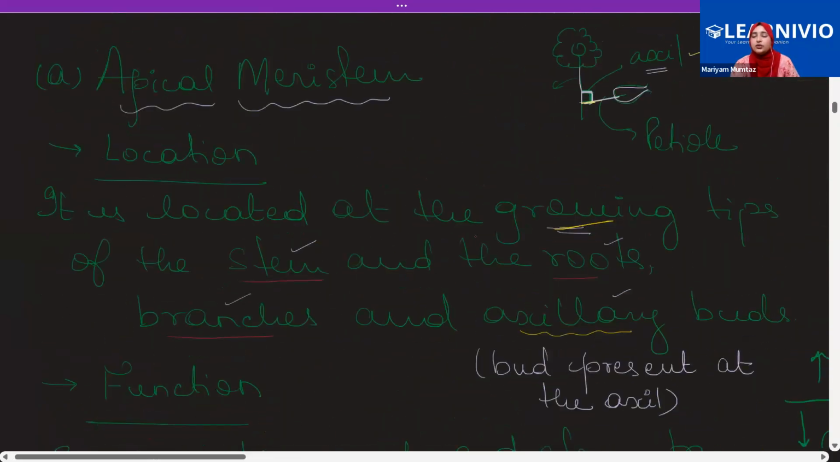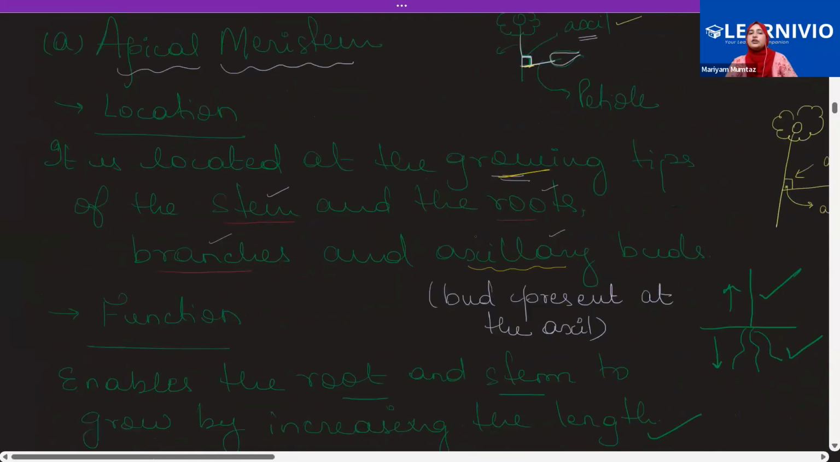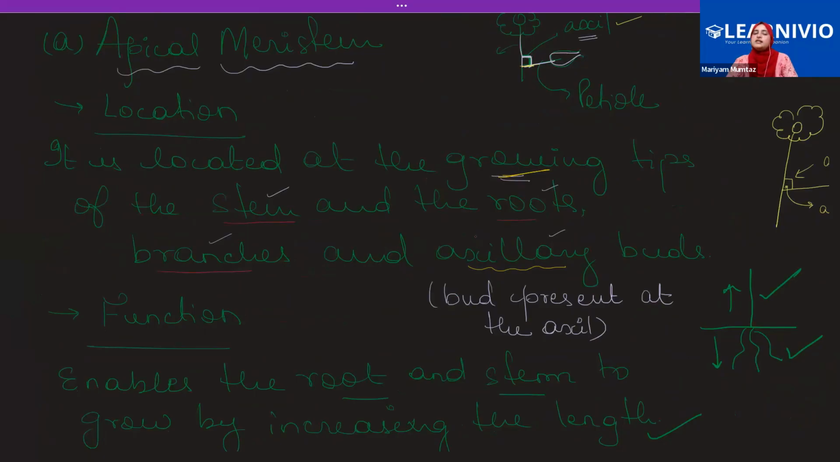So talking about the location of the apical meristem, it is located in the growing tip of the stem and the roots. It is also present in the branches and the axillary bud. Now, what is an axillary bud? See,